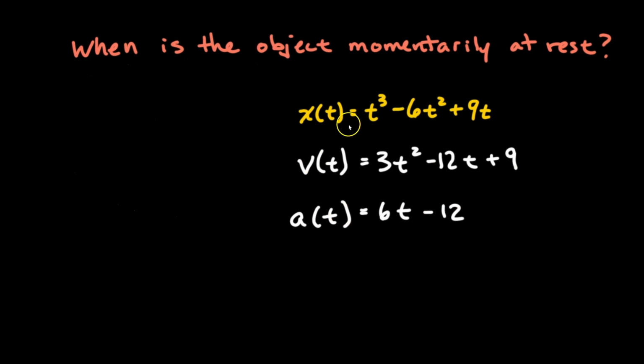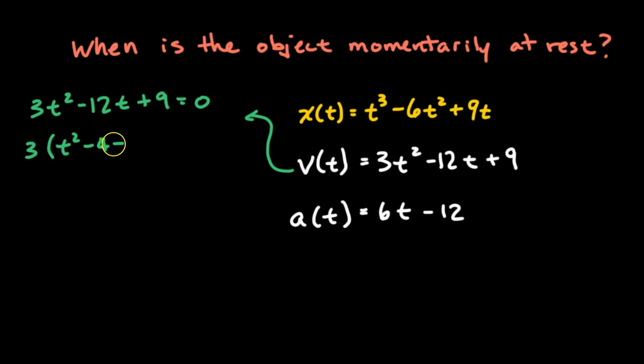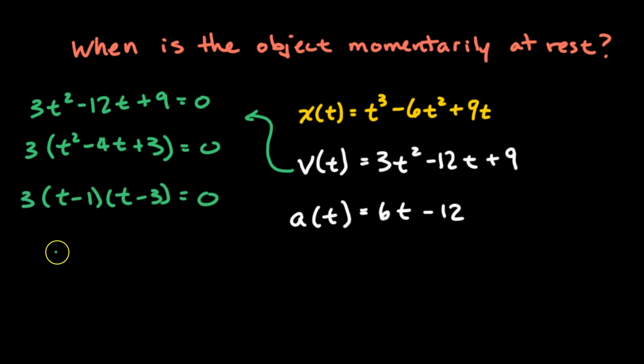Using the same problem, we're going to ask the question, when is the object momentarily at rest? To answer that, we're going to set our velocity equation equal to 0, and we're going to solve for t. The reason we're setting it to 0 is because we want to find when the object is at rest, when the velocity is 0. We're going to factor out the 3, we're going to factor out this trinomial, and we